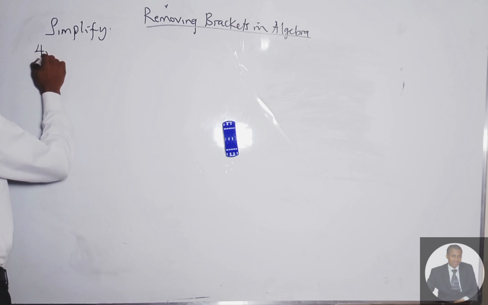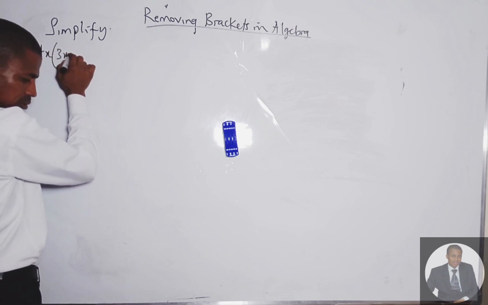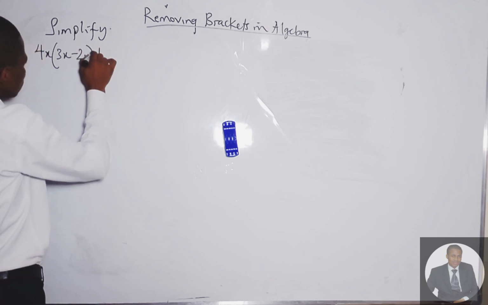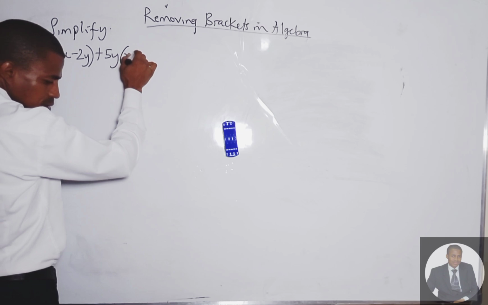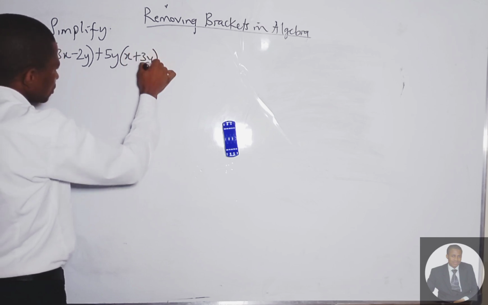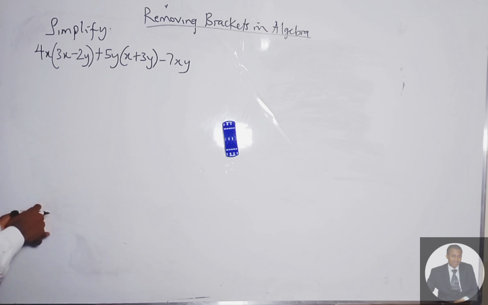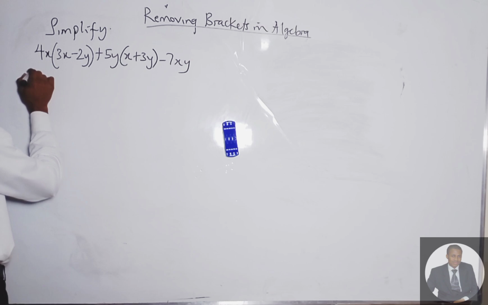Rather long. 4x, bracket 3x minus 2y, close bracket, plus 5y, open bracket x plus 3y, close bracket, minus 7xy. So painstakingly, let's do it one by one. 4x multiplies what is here. We have 12x squared